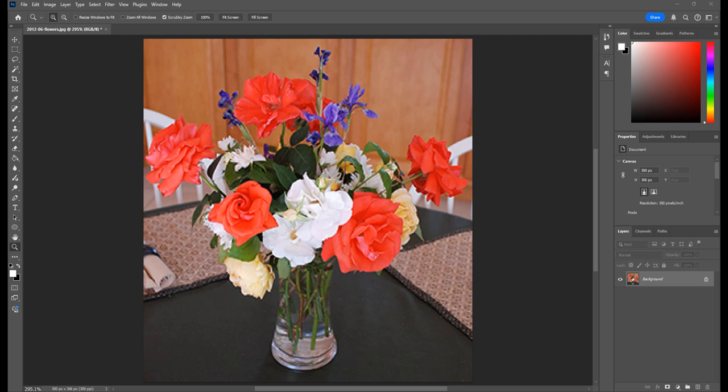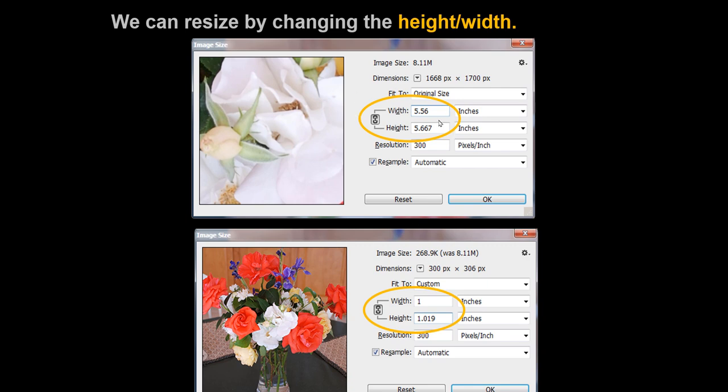But again, if you take a look at what it did, compare it. So before, again, 8,000 kilobytes came down to 268. It's almost like the other one, and it's still 300 pixels per inch. And that's what they were talking about, that pixels per inch is more important than the actual dots per inch. In this case, we have kept the